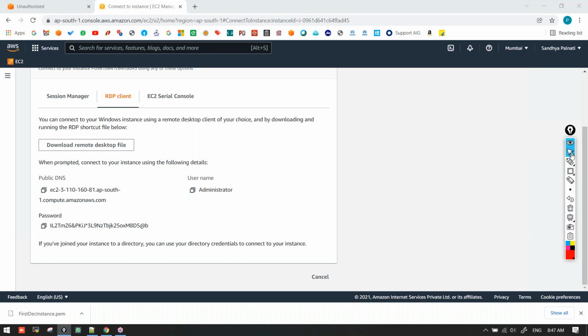Understood? So this is how you decrypt the file to get the password. That is why I told you, right? Don't give this file to anyone. This is a very important file. Okay, now